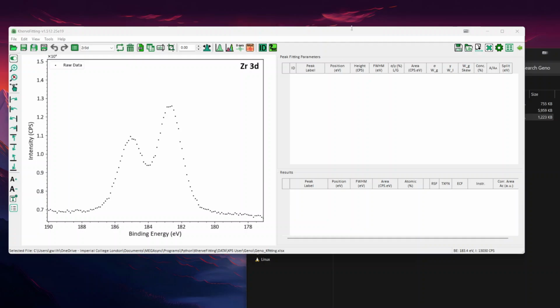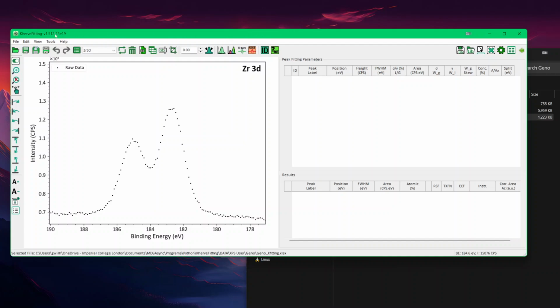So this is an introduction, showing the different changes that were made in KherveFitting 1.5 in comparison to 1.4. At the moment we are at 1.5.12, and there are several differences, but it does look the same. I was told by users that they could not see any changes. It's still looking the same as version 1.4, but the main thing is we are going from one single